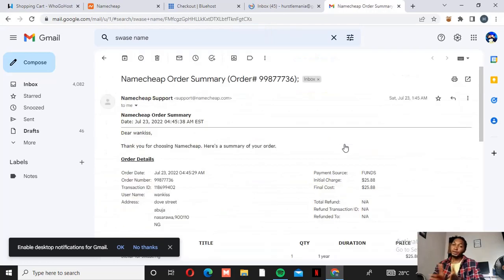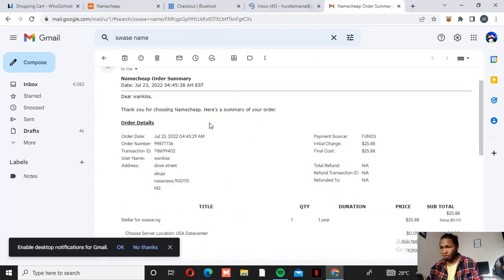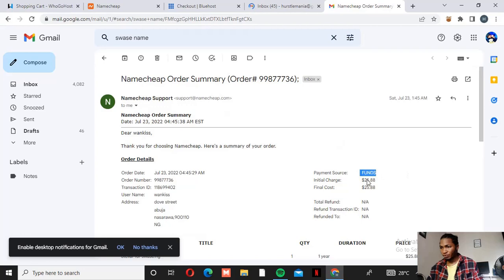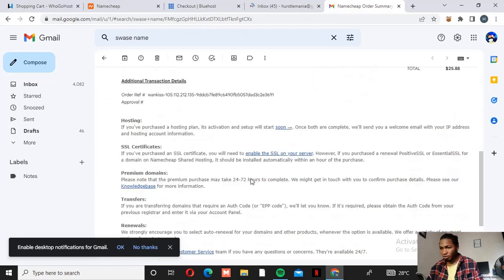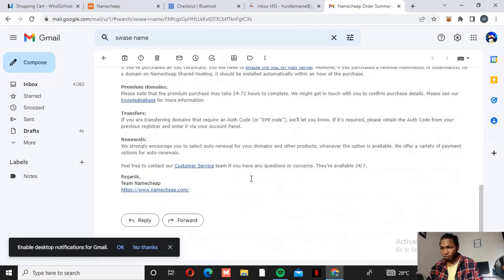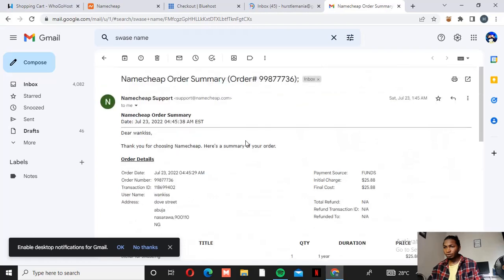Sorry for the poor network. I'm so sorry. Okay, this one is just the summary of the order. Payment source, funds, initial charge. Okay, this charged me 25 point something dollars. No, this is not what I'm looking for. But this is a mail from them, this is just like a receipt for